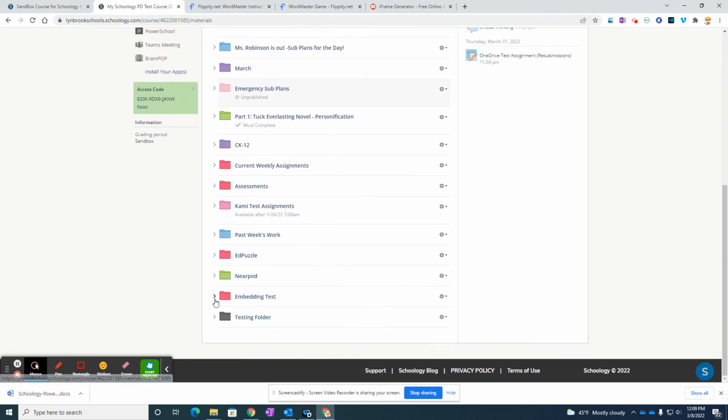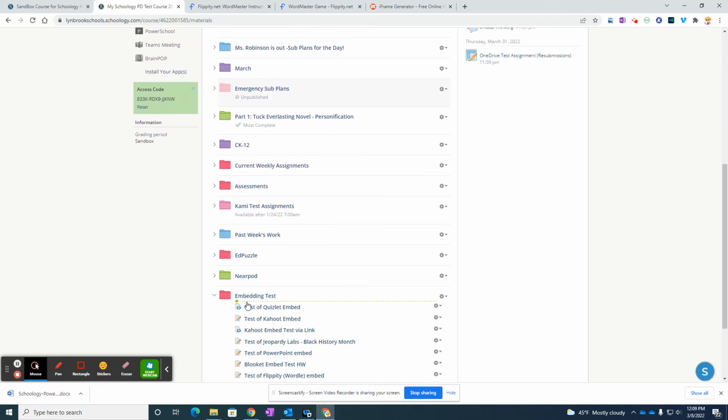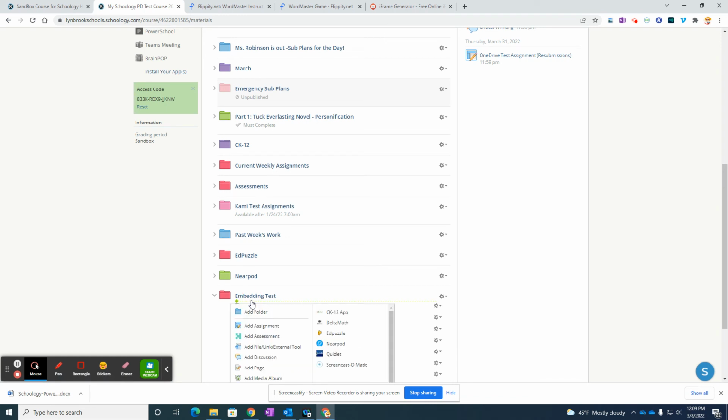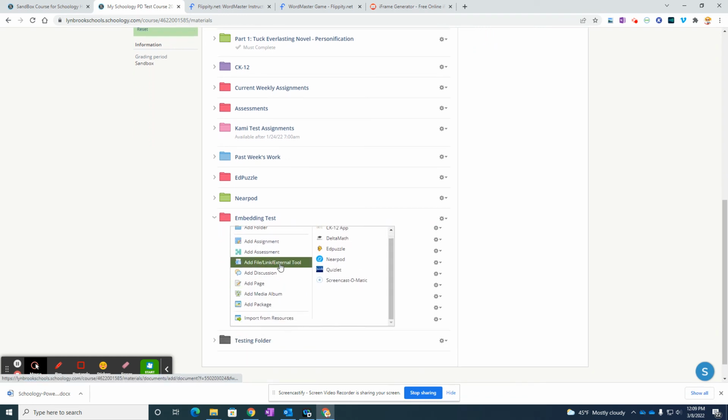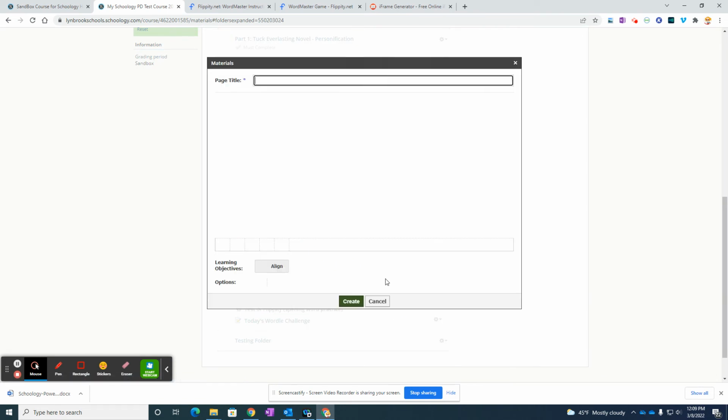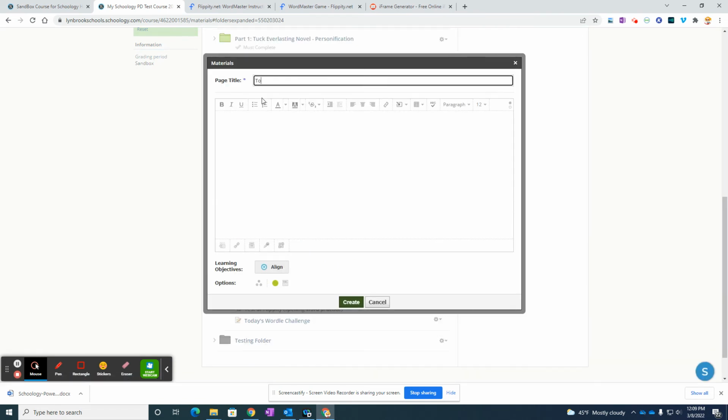So let's say I want to put it maybe inside my embedding folder here. So I'm going to click on the green line because I want it to appear at the top. And I'm going to add a page. You're going to put in a title, today's Wordle, whatever you want to call it. And then what you're going to do is switch this text box over here. We're actually going to switch over to the